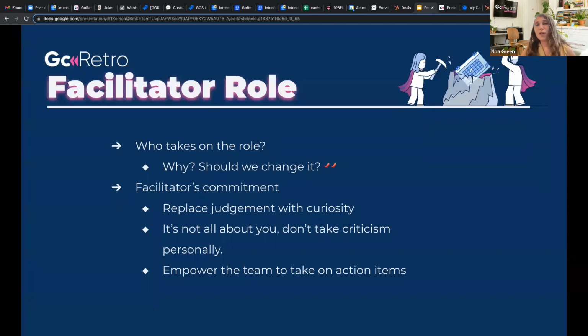And I want you to think of why that person is you or anyone else in your team, and if that works for the team or not. Right? Sorry, I didn't mention another option, which is rotating retrospective facilitators. That could be a really great option, but it really depends again on the team and the setup. So if you do have an advanced and experienced Scrum Master, probably the best option for you is that they run the retrospective. If you're the team lead,